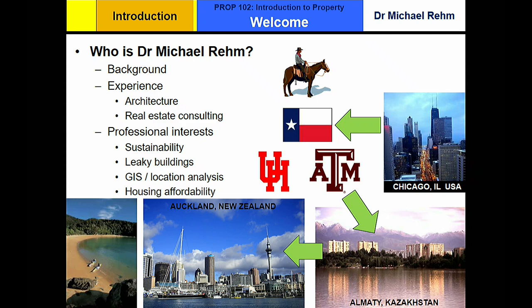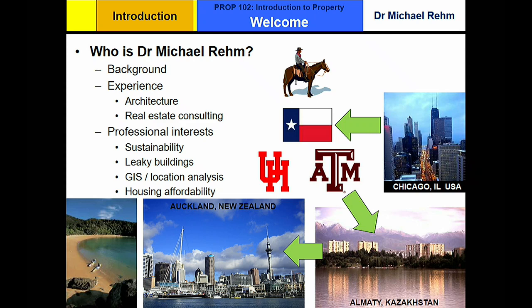Now, when I was there, I met a beautiful woman named Olga. And if you guys are going to continue on and do the full B-Prop, you'll probably have her next semester in Property 251, which is Property Finance and Investment. She's a colleague of mine here. And we met at Texas A&M University when we were doing our property degrees there. We ended up doing the same master's and the same PhD.